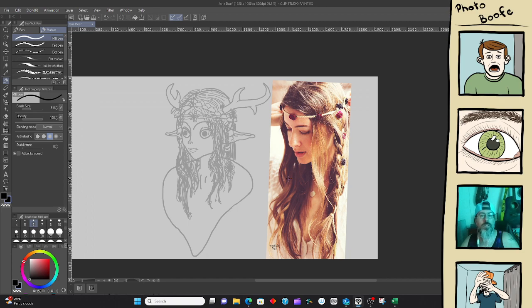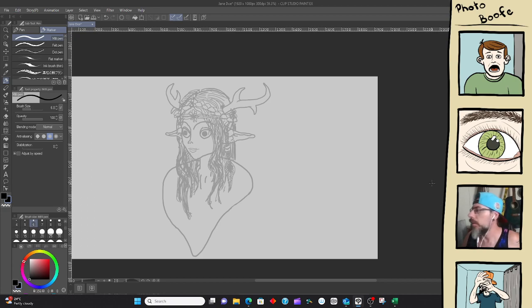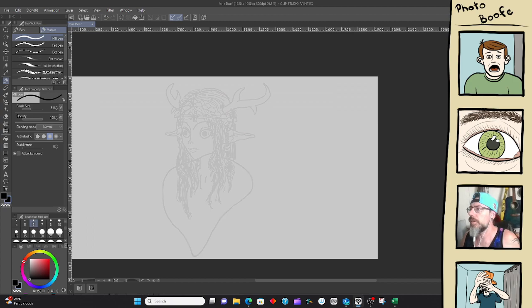What are we doing with this light? I might change that to a normal light. Get rid of this reference. Lower the opacity on this thing.